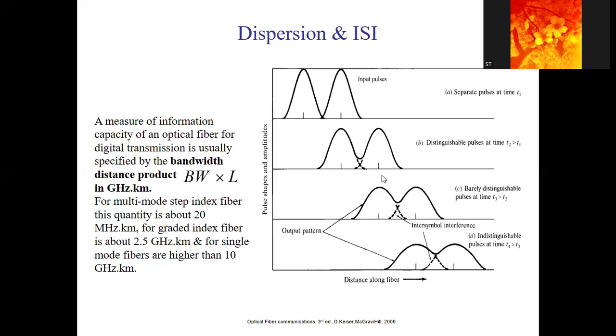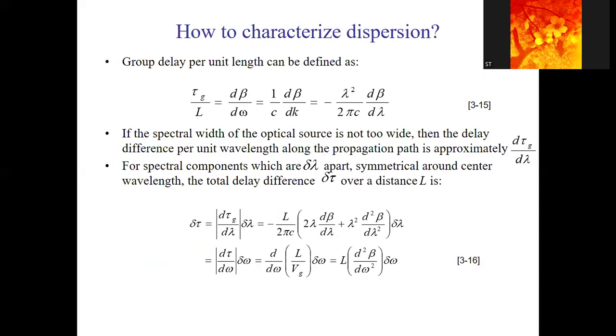Now next, till now you have seen the reason behind this GVD or intramodal dispersion. Now how will you calculate this? This can be calculated as the group delay per unit length, where L is the length of the fiber. This is measured by tau g by L, which is given by d beta by d omega, where omega is the angular frequency and beta is the propagation constant. By solving this, you can